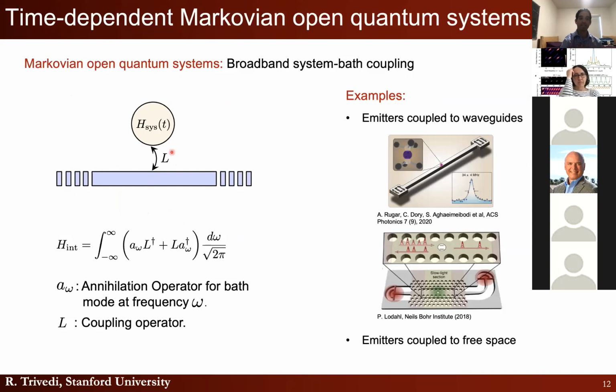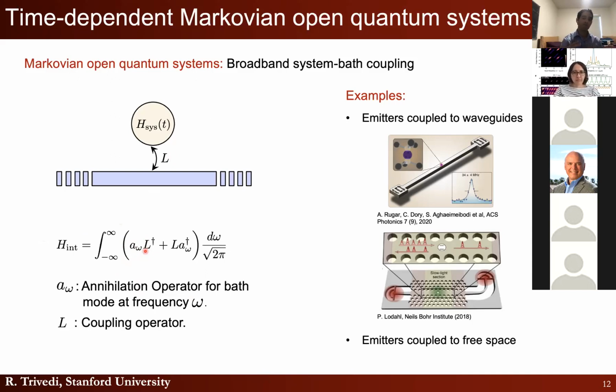Are completely broadband in nature. So if you write it mathematically, for those of you who are familiar with a little bit of quantum mechanics and open quantum system theory, you're writing your interaction Hamiltonian. And in the interaction Hamiltonian, you introduce a coupling operator L, which is coupling to the annihilation operator at frequency omega for the bath. And this L is independent of omega,